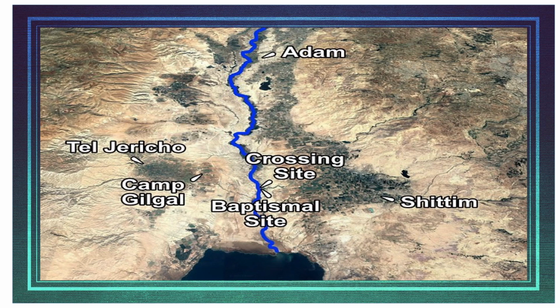Here's points of interest. Again, Jericho. There's the possible, what they think is the crossing site. And in that baptismal site they have there, they believe that's the site where Jesus was baptized. Of course, no one knows. I don't know if you'd even call it an educated guess. That's just a guess, a surmise, so to speak. So let's begin to get into this. I wanted you to have those pictures in your mind as we start looking in this first chapter.